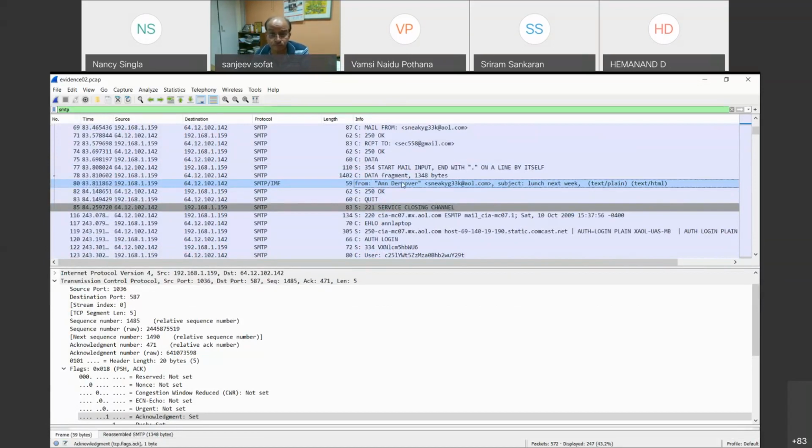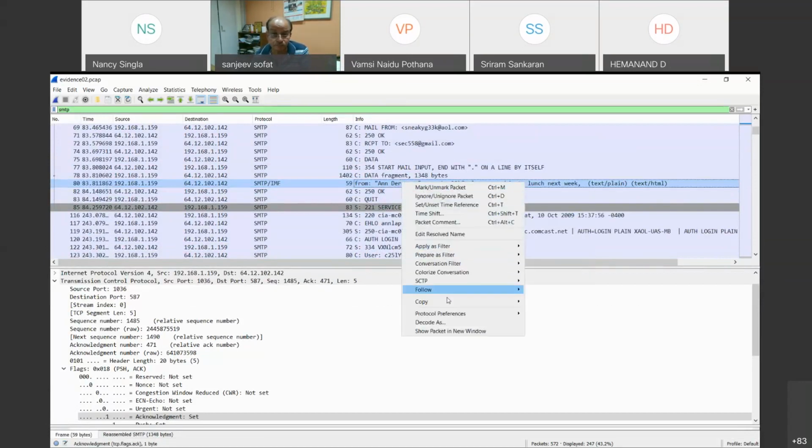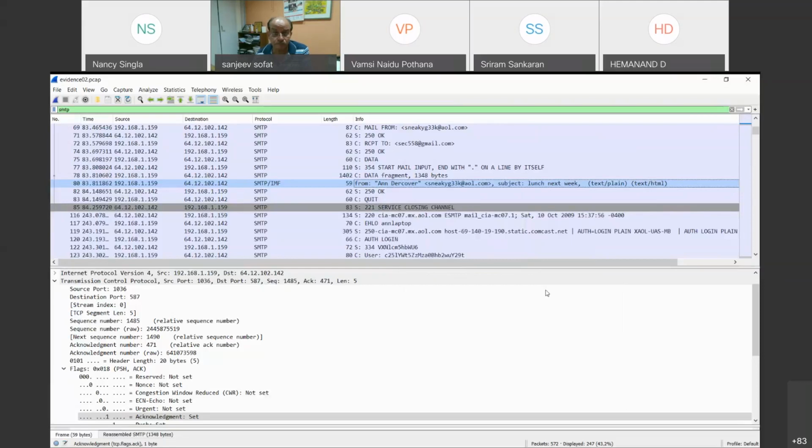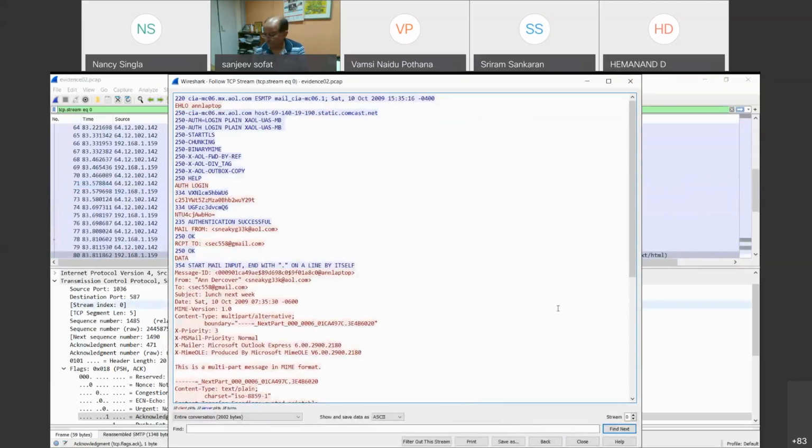What happens if I right click on this? There's one more option, Follow TCP Stream. It basically allows you to see all the packets in a parsable format.